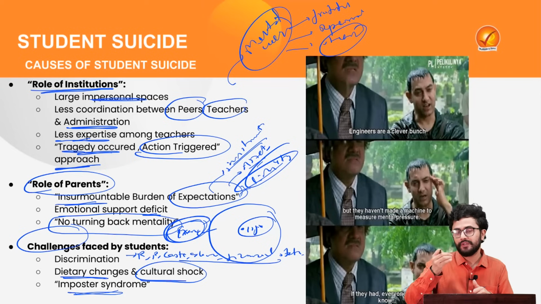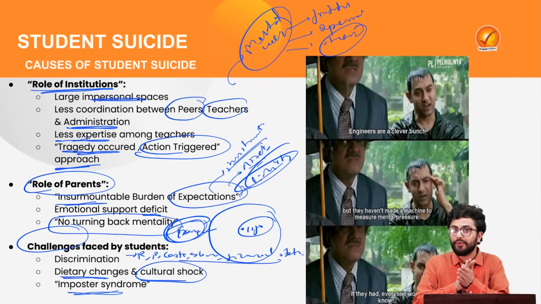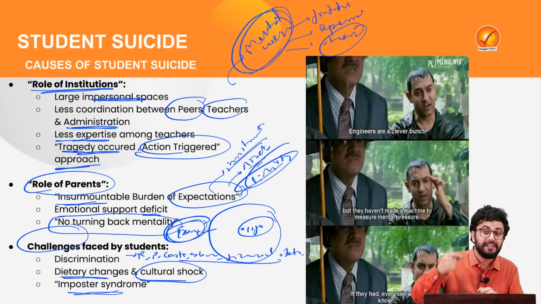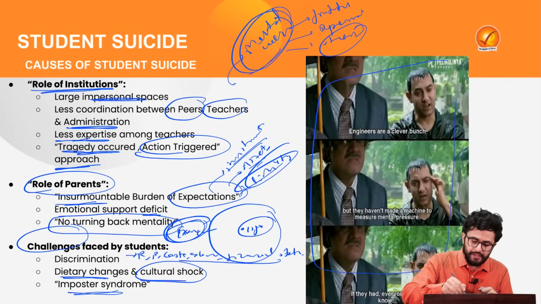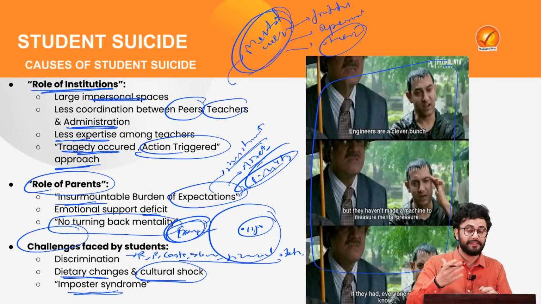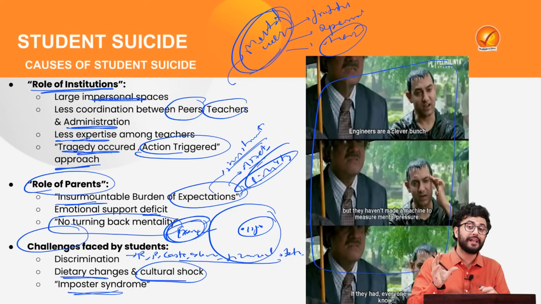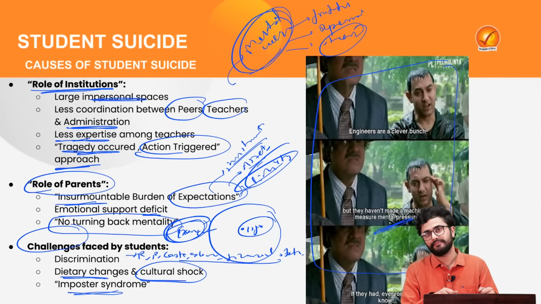And this is a habit we are induced into from our childhood itself, right, that if a guest has come, go in front of them, dance, they will clap for you. Because of this induced mentality, there are a lot of rising mental health issues among the students, which can also be depicted very well from this picture, where the picture says that even though we have become such smart engineers, we have not yet been able to devise an instrument which can actually measure the mental pressure these students go through.